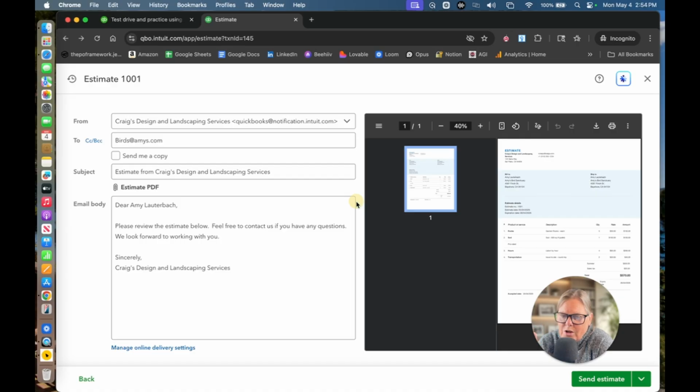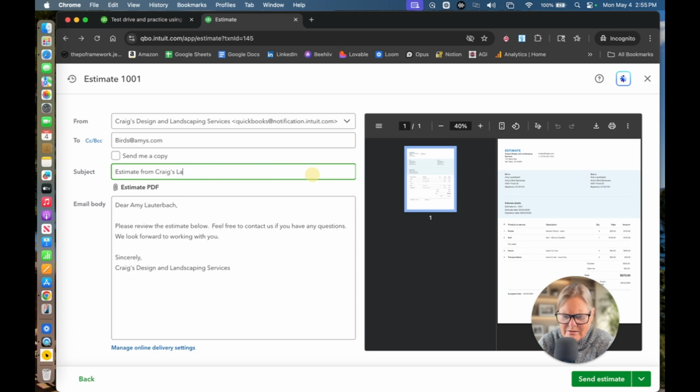And so on these, you want to be able to put a small note in the email, a note that a hacker wouldn't know. So what I mean by this is, first you have, it's from Craig's, that's good, to Amy. Estimate from Craig's, and you could leave that there, or you could just put estimate from